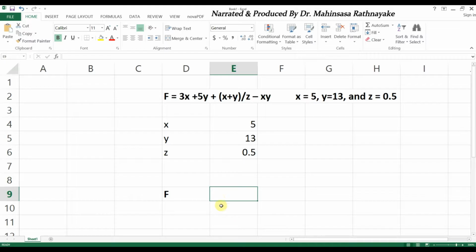Then let's say x is equal to 5, y is equal to 13 and z is equal to 0.5. We can calculate the answer using Excel by inserting the substituted equation using the cells with the given values.